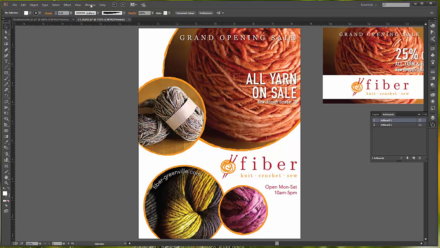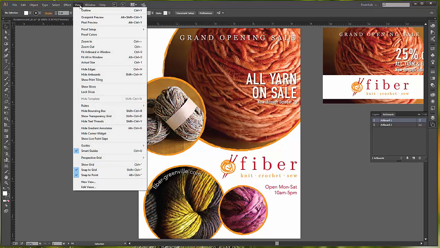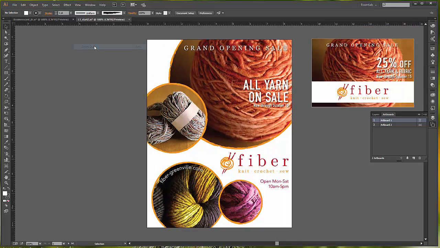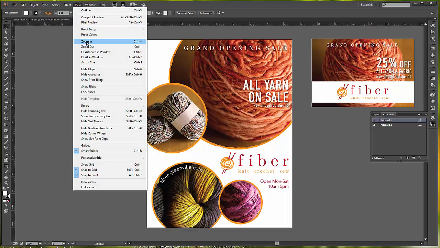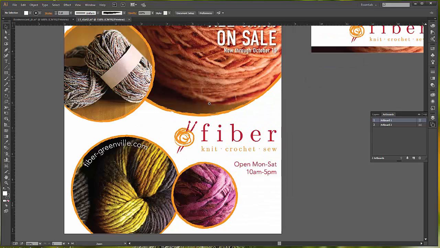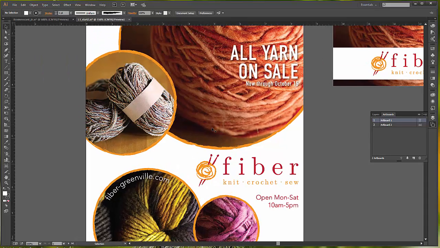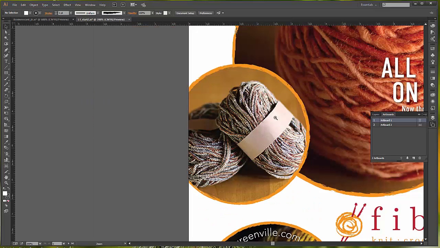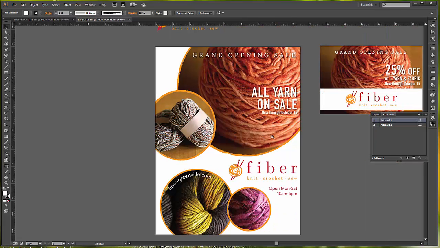When you zoom in and out, you're going to zoom in and out on the active artboard. It's going to stay centered. I can zoom back in again, and when I click using the zoom tool, I'm going to center on wherever I click. So if I click here, those balls of yarn become the spot that I centered on. Okay. Another method is we already did the artboard method,